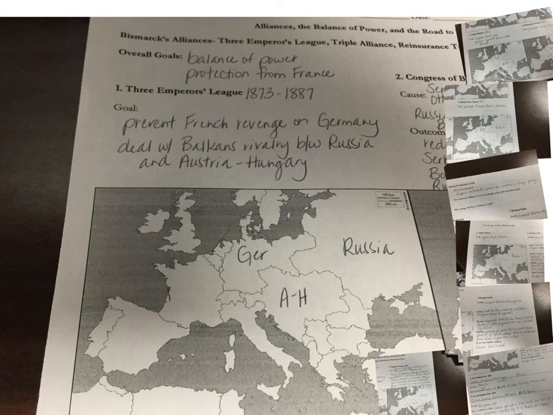Hi everyone. So today we're going to talk about alliances, the balance of power, and the road to World War I. And so I'm sure most of you know the term, the fact that the Balkans were the powder keg of Europe leading up to World War I from other history classes. And honestly, for myself, before I started teaching AP Euro, I didn't really know the full details that went into all that chaos that was stirred up in the Balkans.